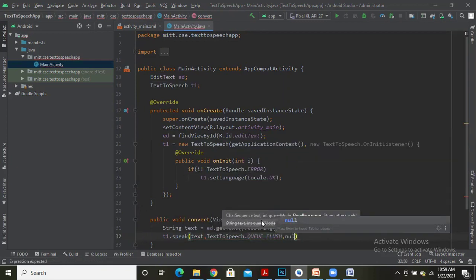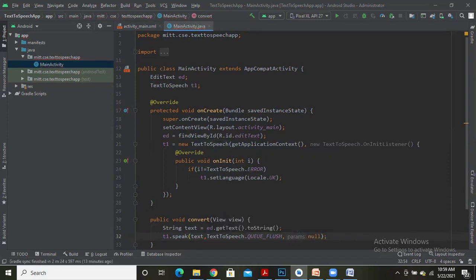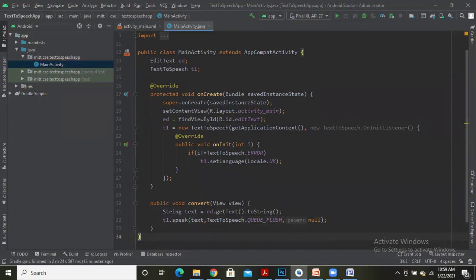The third parameter is nothing, null. So done. We have set the code which is going to convert text to voice. Let us run the program and cross verify whether this is going to work properly or not.